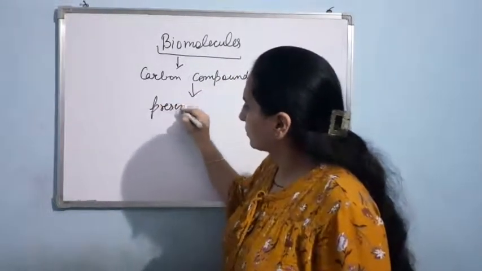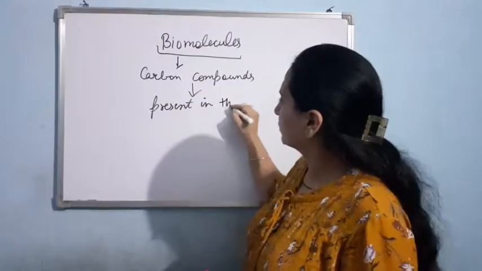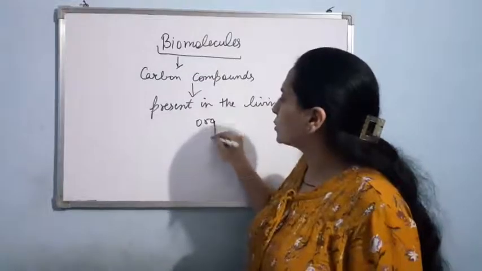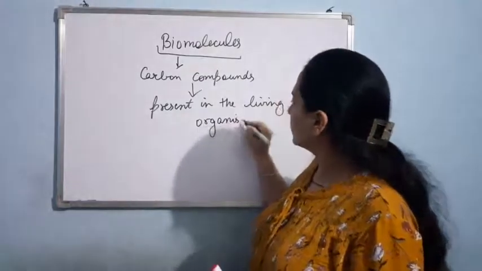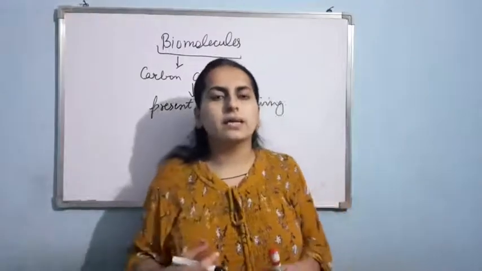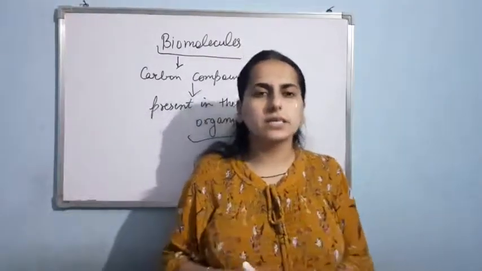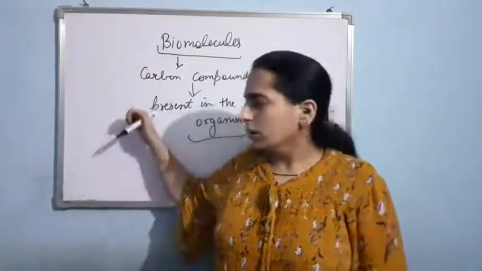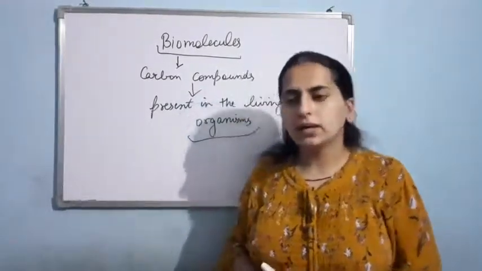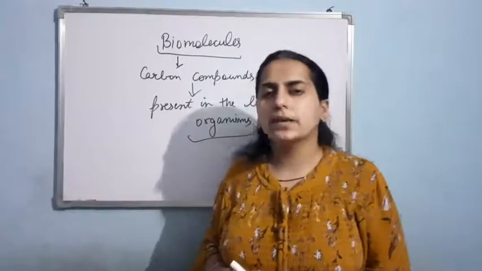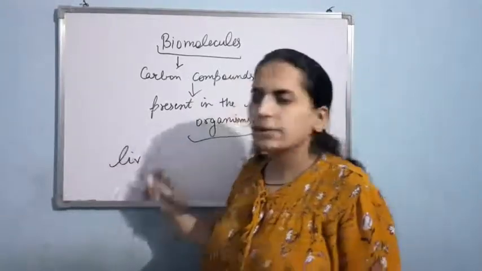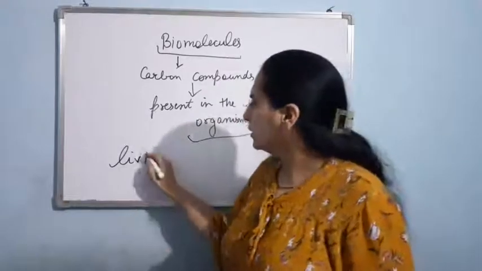Now, if we have to study the composition of the various compounds or elements that are present inside the living system, then we have to do one experiment. Let us talk about that experiment. What we have to do in that experiment, basically, is just take a living tissue. This experiment was done by the scientist.